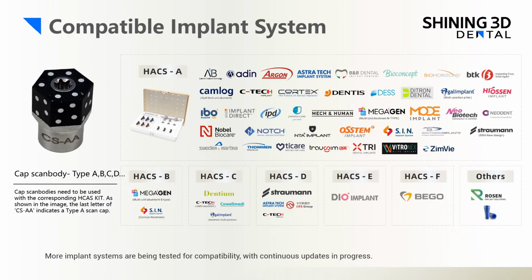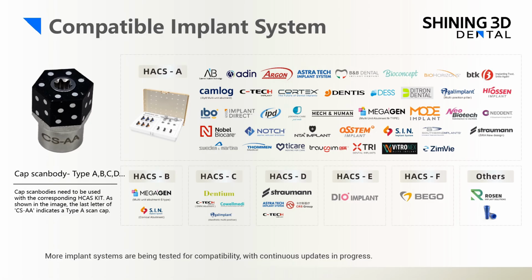The same with the high-accuracy Cody Scanbody, the Cap Scanbody also should be chosen based on the implant that you're using. It is divided into A, B, C, D, E, F, and others categories. And since the Cap Scanbodies will be part of the standard package of the high-accuracy Cody Scanbody kit,